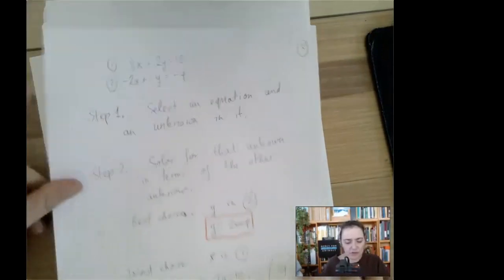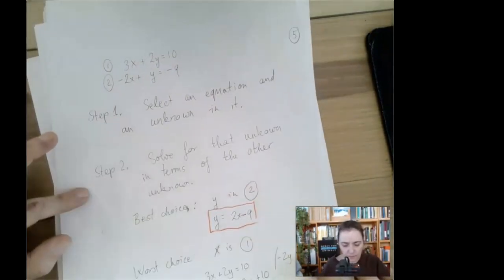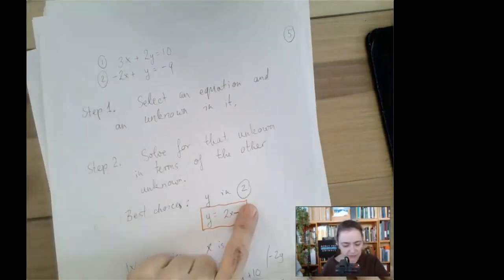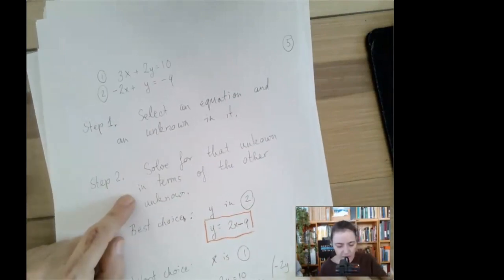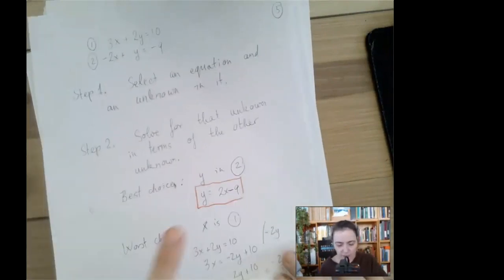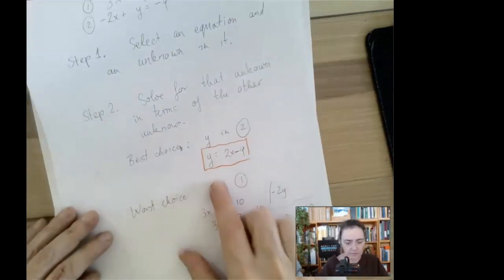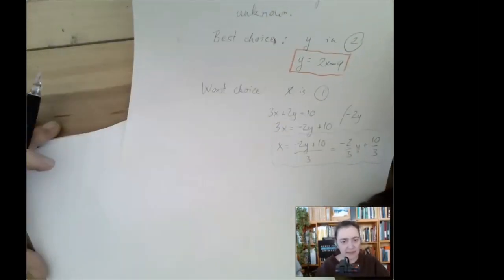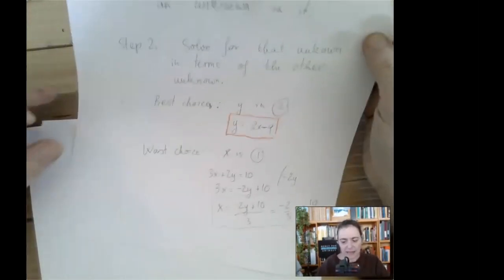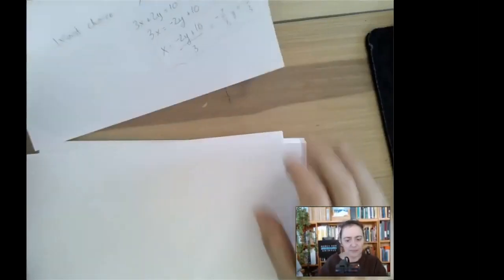Okay, so step 1 and step 2. Step 1 was select y in the second equation. Step 2, solve for that unknown in terms of the other one. So we grab the equation we selected and we isolate our unknown. Now comes the step that is the reason why it's called substitution. And this is really important that you keep